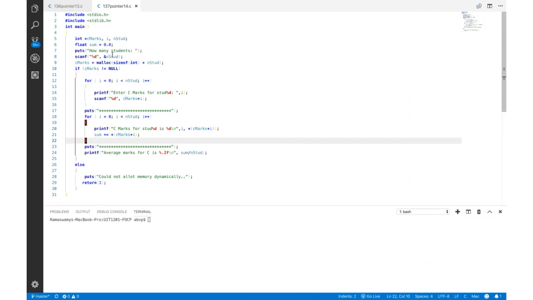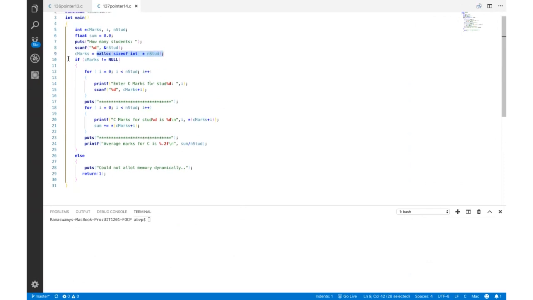In this program, at line 9, we dynamically allocate a block of memory for n integers to represent n students. Similar to the previous program, we have a condition to check if the allocation was successful or not. If the allocation was successful, meaning if C marks, which is a pointer, is not equal to null,